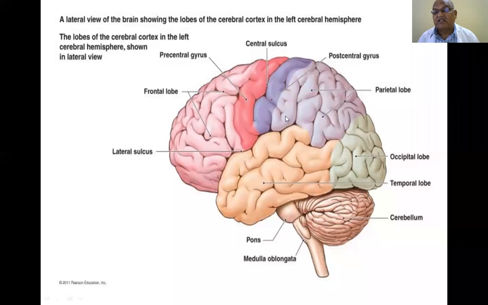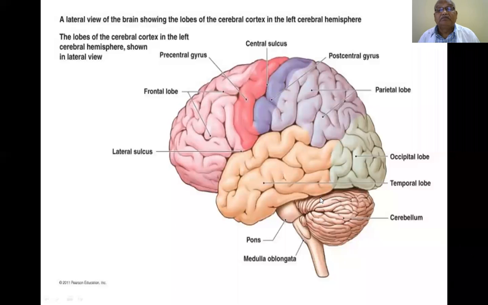The sulci and gyri pattern of the cerebrum is particularly present in one individual only and not in another, like fingerprints. Your fingerprint does not tally with anybody's fingerprint. Such an identification feature is not there in the cerebellum. But if a mass of cerebrum or a mass of cerebellum is given, you have to identify it by clearly observing these features.